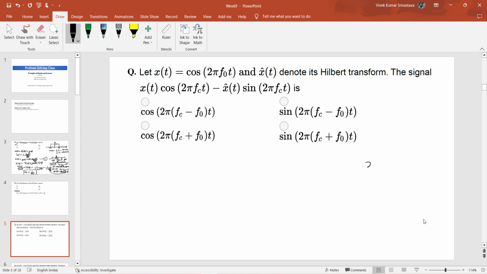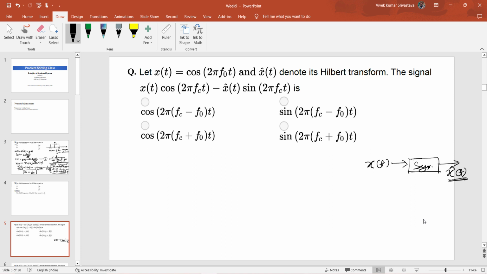So let us suppose here is the x of t. Okay, so here is this system. Once you apply this input to this system, you will obtain x prime t, let us say. So Hilbert transform is basically denoted by the symbol x cap t. Okay, so this is how we can represent the Hilbert transform of any signal. So basically the Hilbert transform of any signal x of t is defined as the transformation by which the phase angle of all the components of the signal is shifted by 90 degrees.